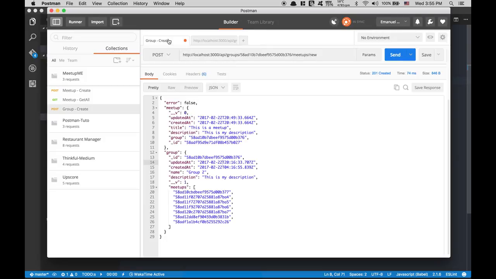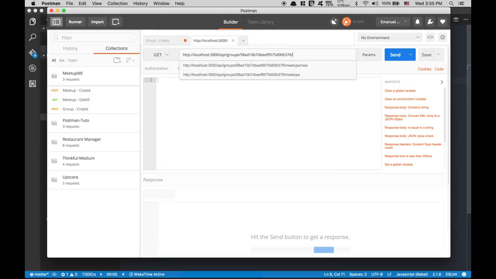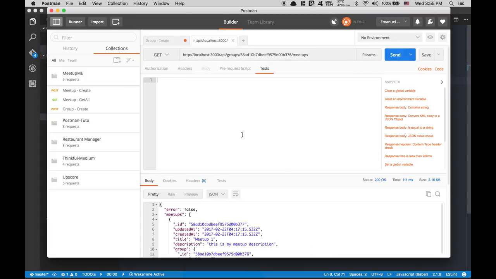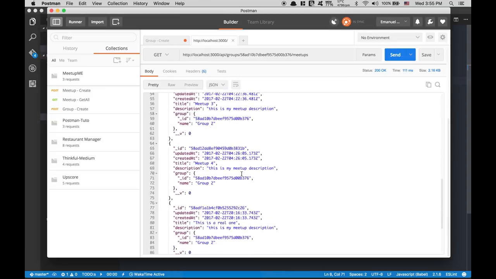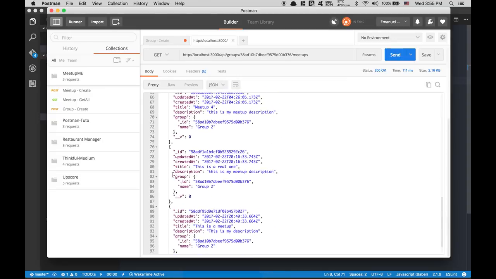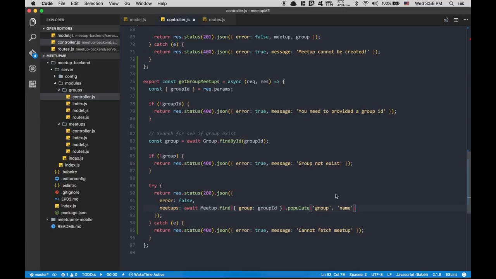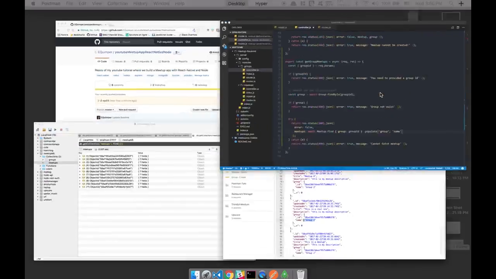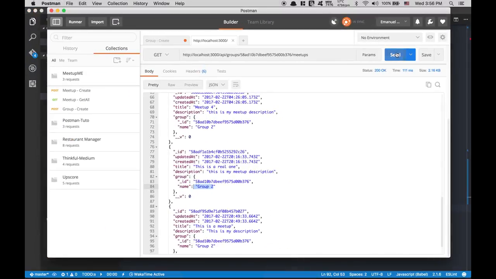Now I need some ID, so I'm gonna take the ID of one of my groups. I'm gonna put it right there, and I'm gonna just do meetups, and I'm gonna send. Perfect. So this is all the meetups below my group. But if you see, inside each meetup, I have a group object inside. So it's a group object with the name we just specified inside the controller when we say populate. So just for showing you, I'm gonna remove that. I'm gonna save, and now if I run it back,